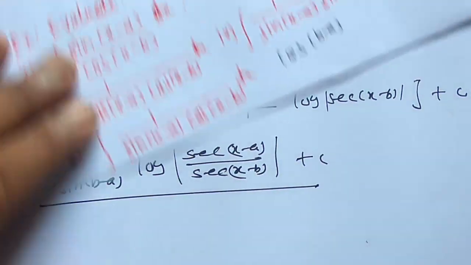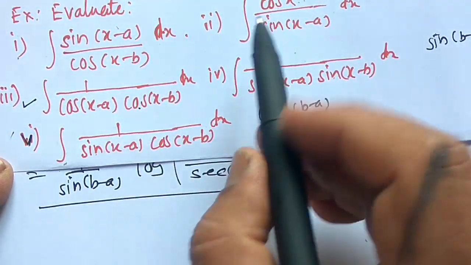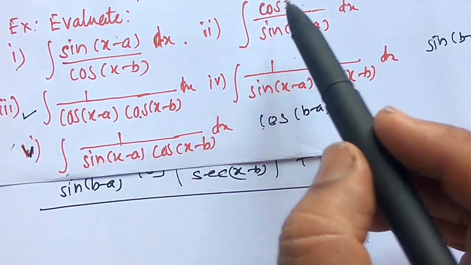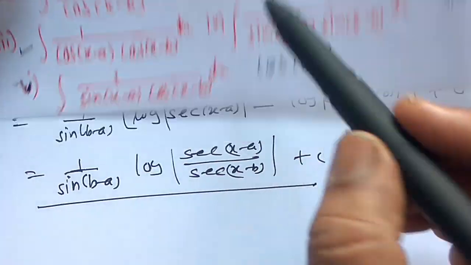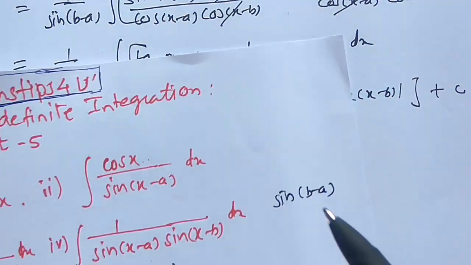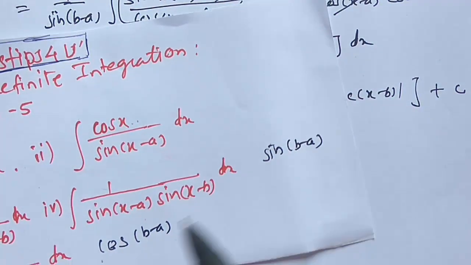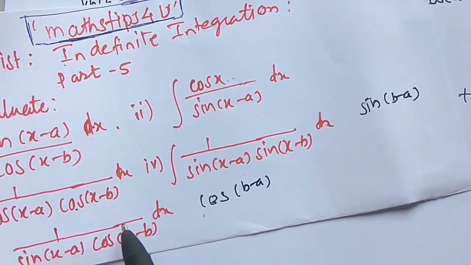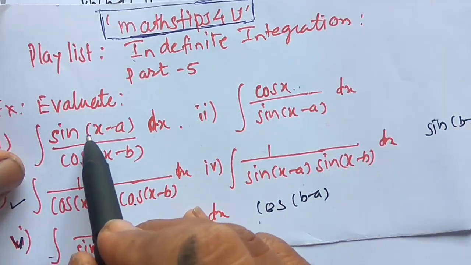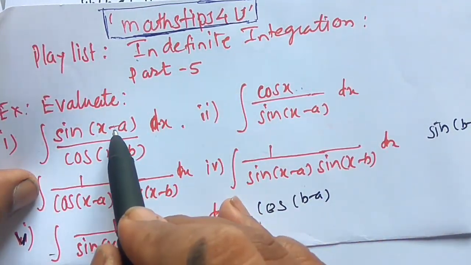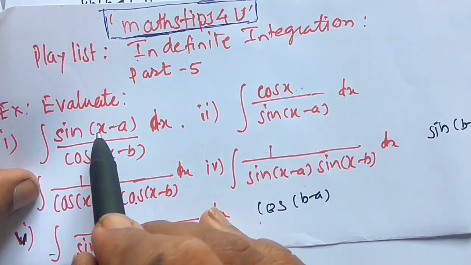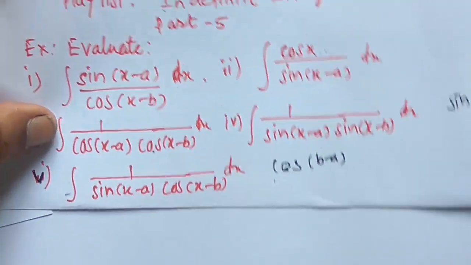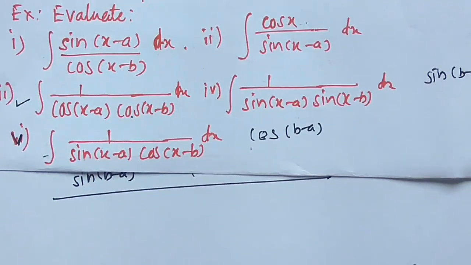In this way, we solve a typical type of example by adjusting the denominator, by multiplying numerator and denominator by either sin of (b minus a) or cos of (b minus a) depending upon the example. And in the first and second, we adjust the terms in the argument of the sin function or cos function. So, in this way we have solved this type of examples.